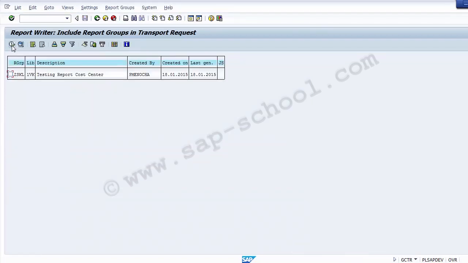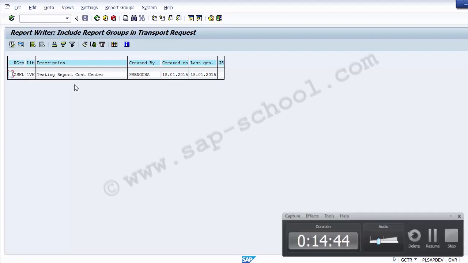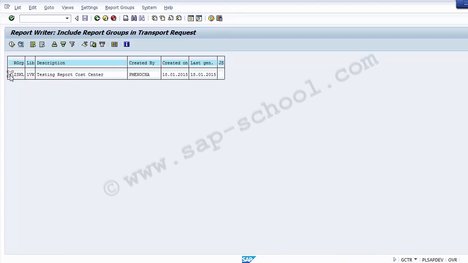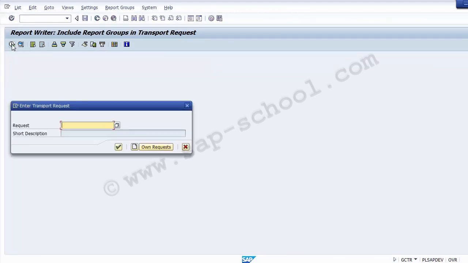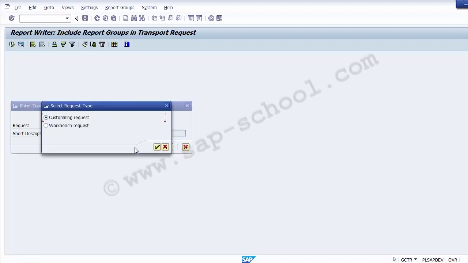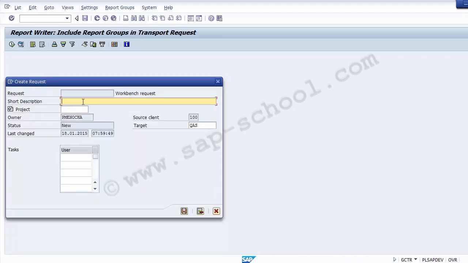So once we have executed this part, now you can see that select the report over here and now execute. So once executed, you can see that a transport request has been generated on the system, and over here you need to create your own transport request. So you need to go to create request over here, click onto this now and save it in a workbench request. So once you click onto the workbench request, now select OK and now put the description to it,